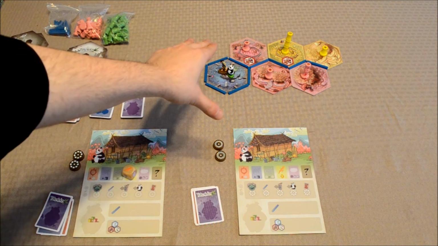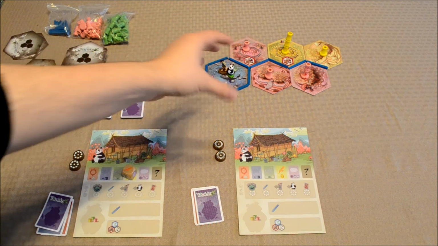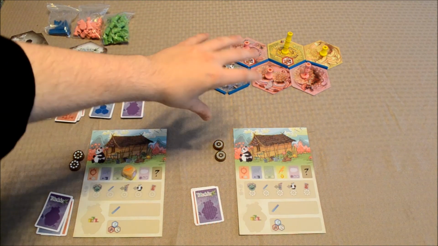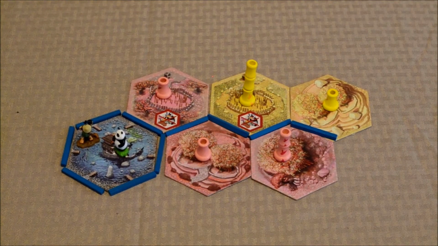I mean, you can take these irrigation channels off of the pond tile at the beginning of the game, or you can leave them on just in case you want to remind players where the base is and where you can build off of. The third action that a player could potentially take on their turn is to move the